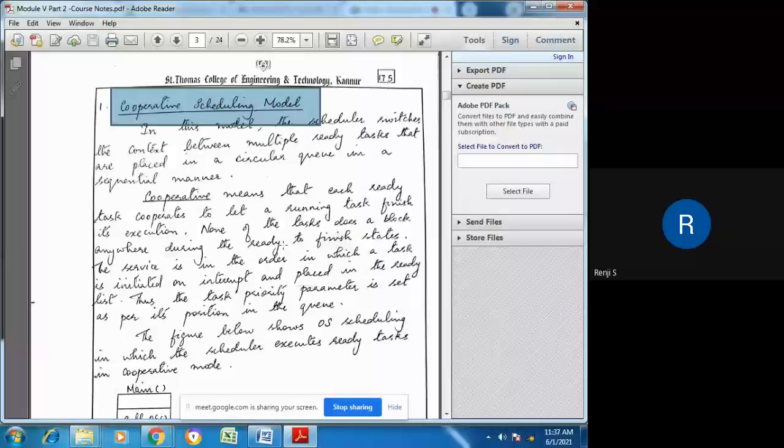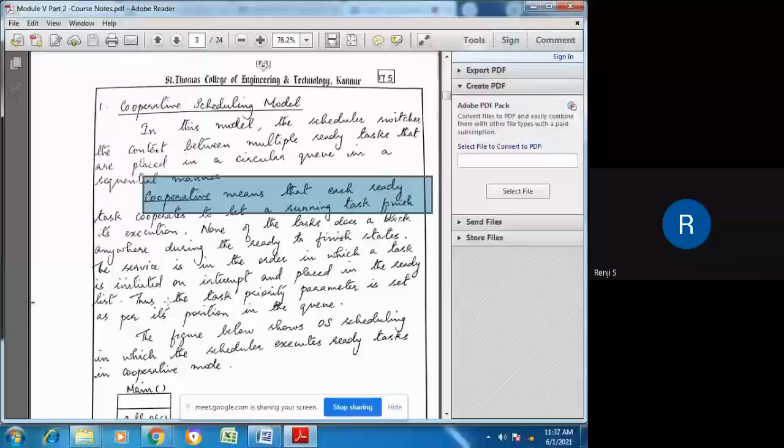And I said in this model, the term cooperative means that each ready task waits until the other task completes. So each task waits for the other task to get completed. If one particular task is running, then the tasks that are ready will wait in a ready queue until the previous task has been completed.